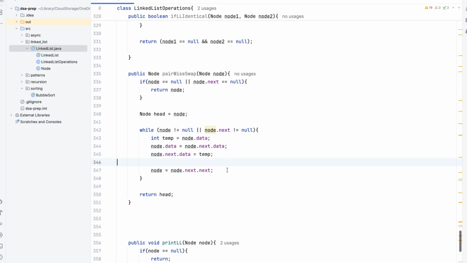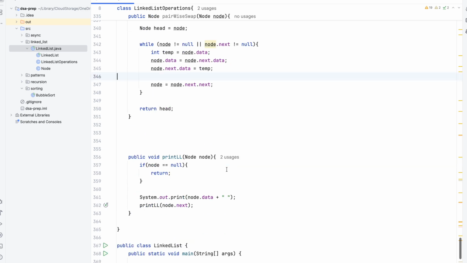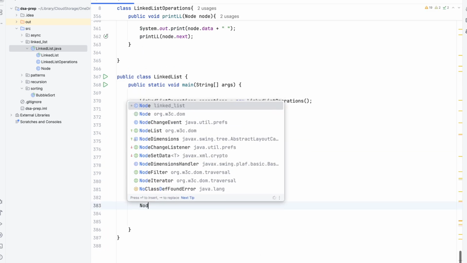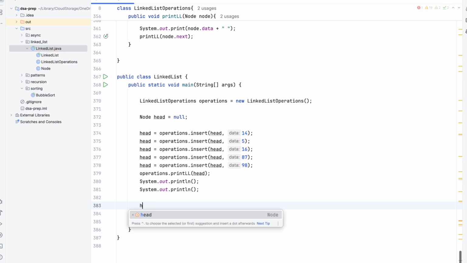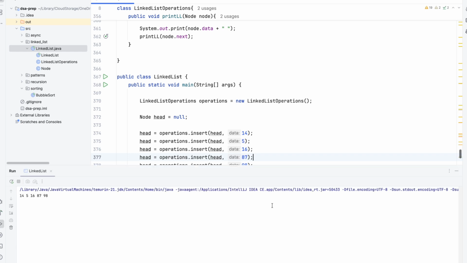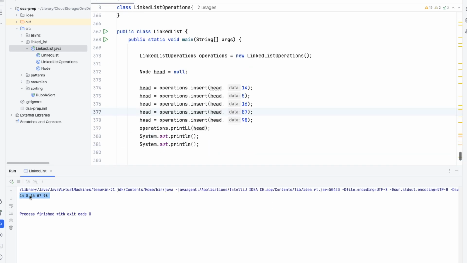Okay, so what we can do is we can just run this particular code and let's see. So we have this head, which is our current linked list. Let me show you. We have 14, 5, 16, 87, and 98. So we want to swap these elements.